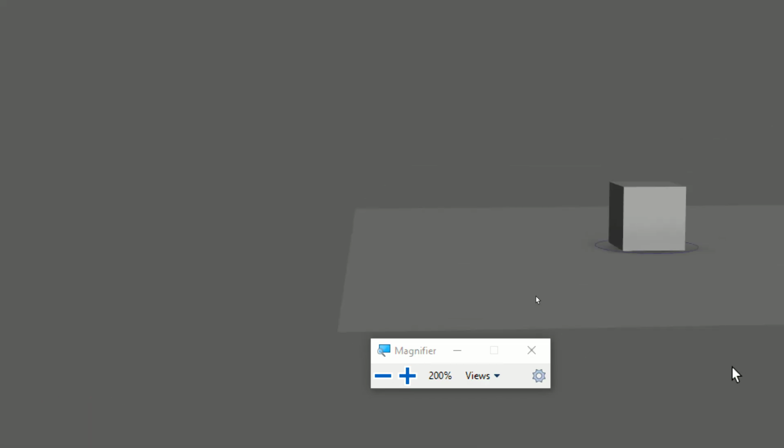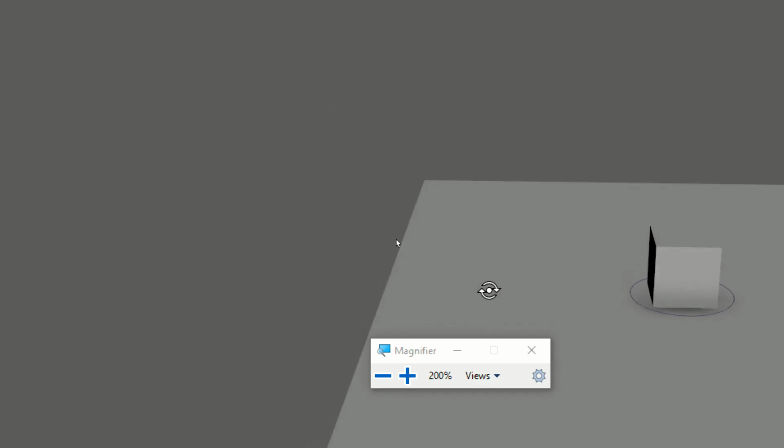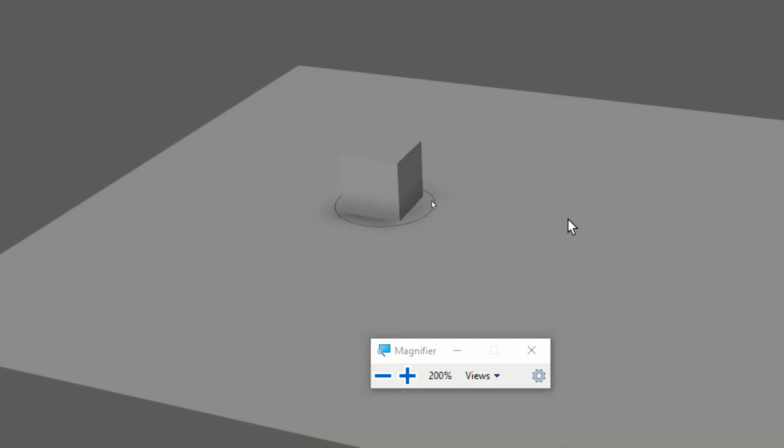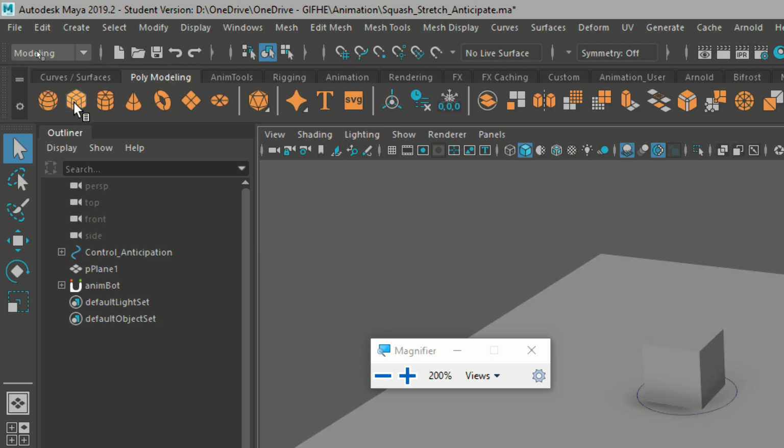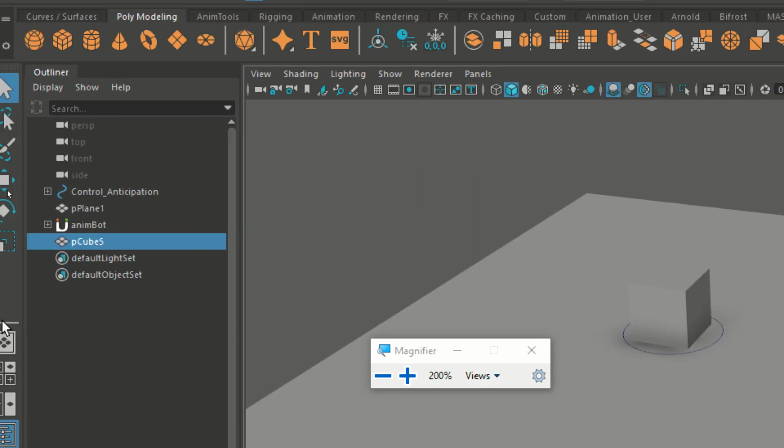So, a few things I'm going to show you today. I'm going to show you some deformers, and I'm going to show you how to actually turn it into a usable rig, so you guys can start animating. So, first things first. What I'm going to do is I'm going to create a cube. So we're going to poly modeling at the top, click the cube, and it will appear in my outliner on